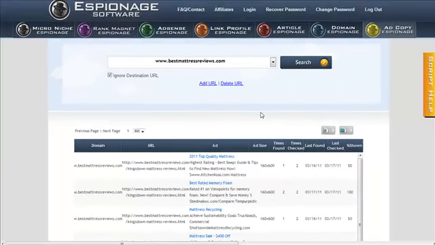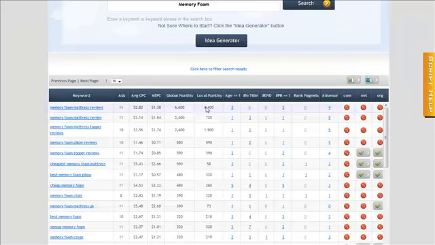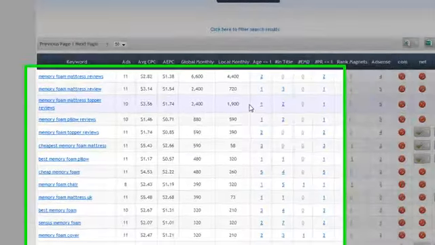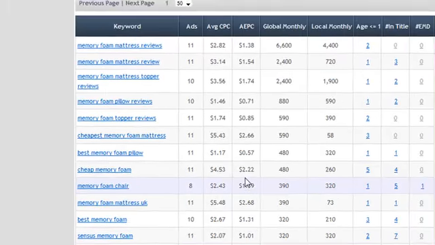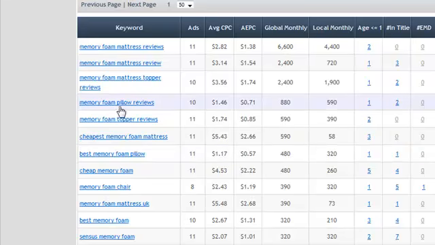But if we go back to Micro Niche Espionage here, we see these cost per clicks, and we see that those are the kinds of keywords we want to rank for. It's very powerful and useful information. But what it can also do is we can look at other related markets. Okay, so